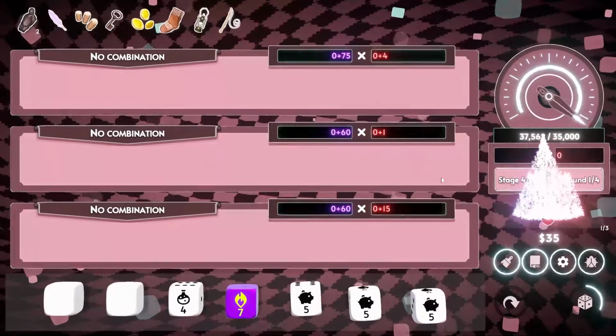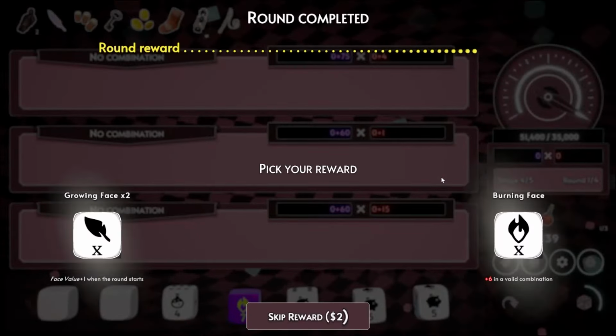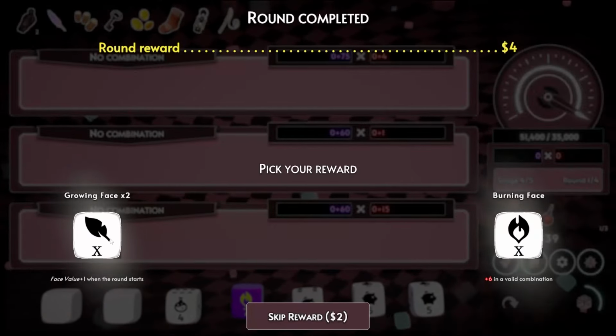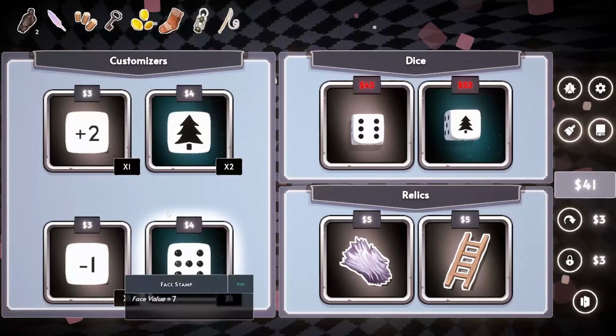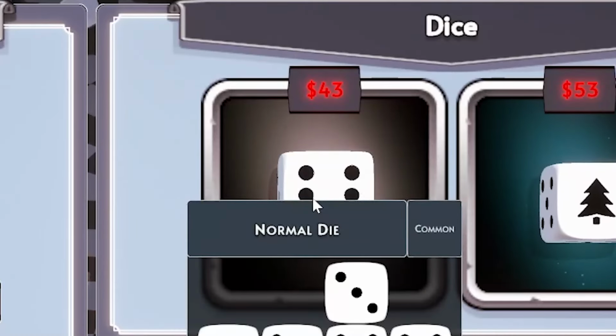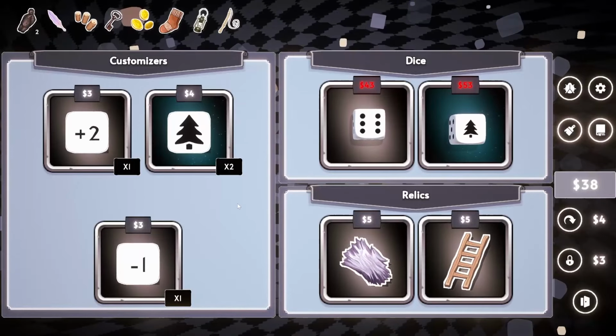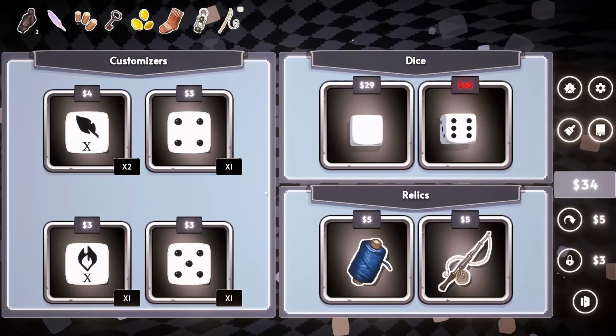And in regular fashion, we absolutely dominated it. Ooh, this is another one that keeps increasing the value. I'm really curious about this. Let's take it. And we're just, really? We're $1 shy of this normal die here. Oh, that's annoying, but we'll take another 7 value here, and then maybe re-roll the shop and just keep buying